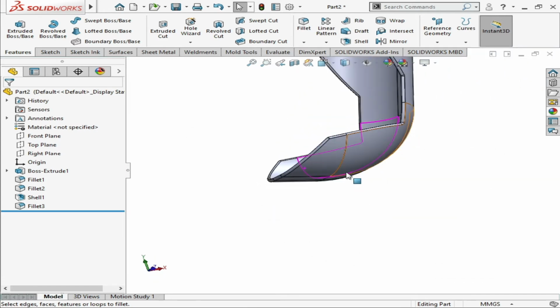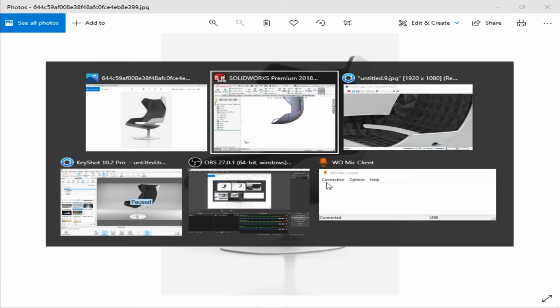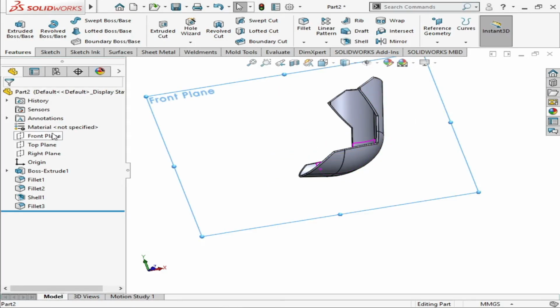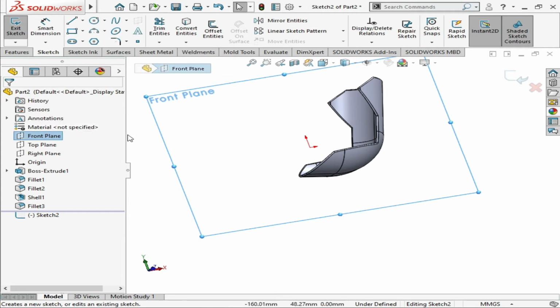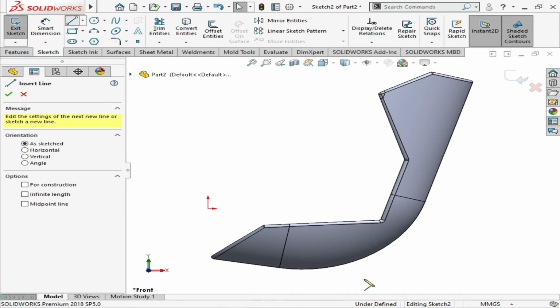After that we have to make the bottom of the chair and this cut portion also. First of all, we will make the cut portion. Control 8 to come to the normal view, and after that we are going to make a cut portion here.